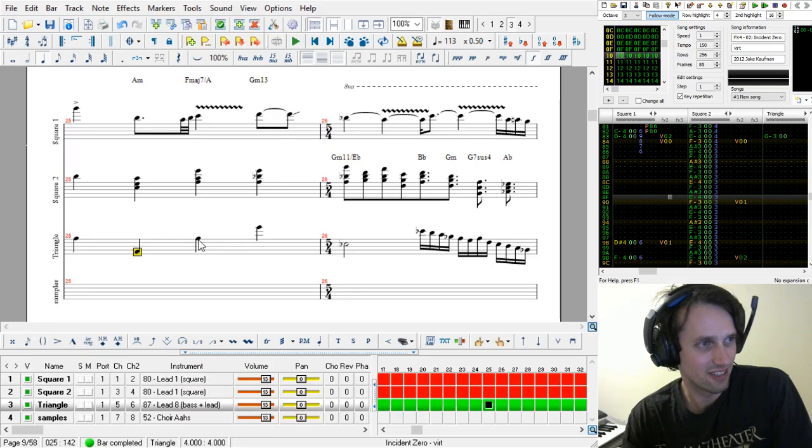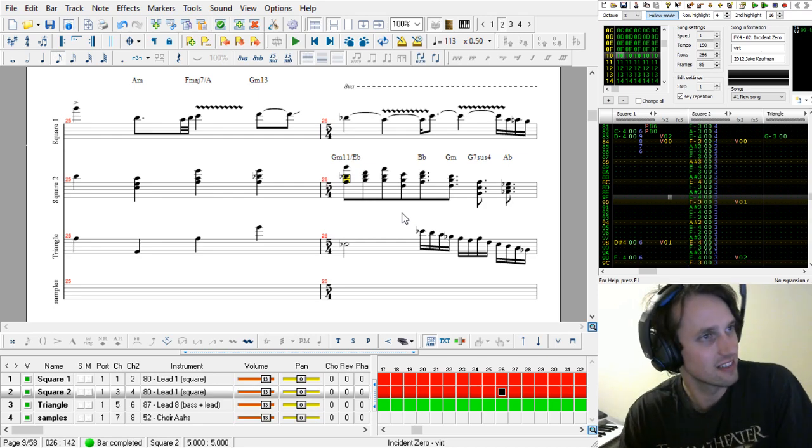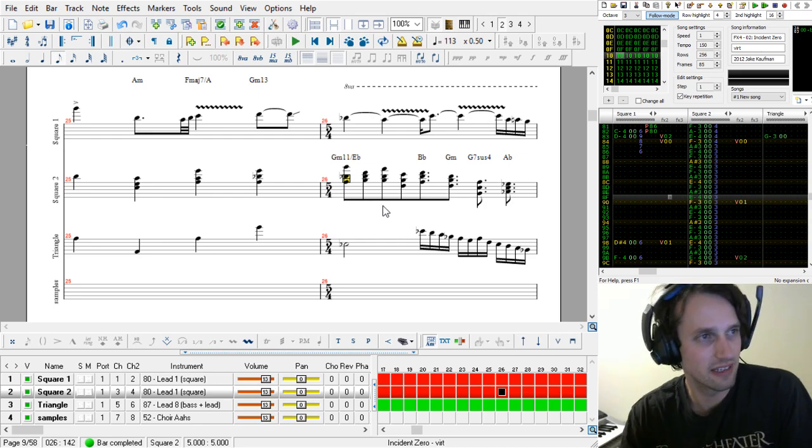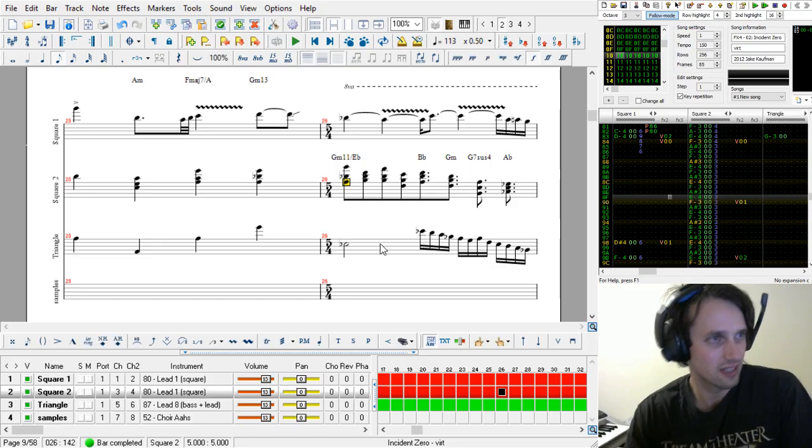I like what the bass does here too. It just jumps an octave and then jumps a seventh. And this part, I didn't even know this was in 5/4 until I went and set out to transcribe this. I just never noticed any of this. There's some great details in here, like all these chords here.